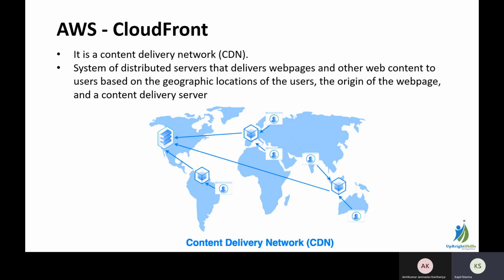So when the user sitting in India goes and accesses that particular application or web page, your request will not travel all the way to your origin server, which is sitting in the US, right? It goes to whichever is the nearest location available. So for example, if there is an AWS edge location in India, your request will be served from that India location itself. Your request will not travel to the US region. So this is how it helps when you configure CloudFront as a service.